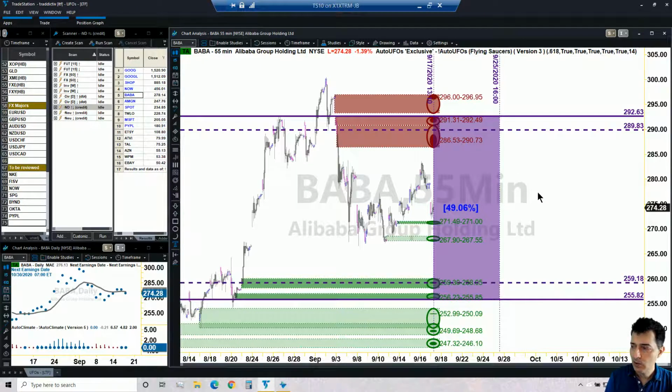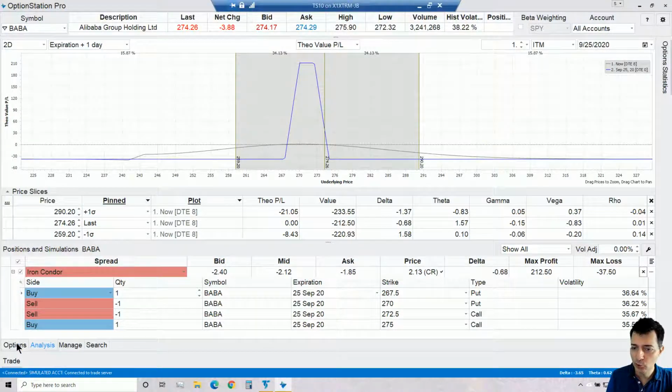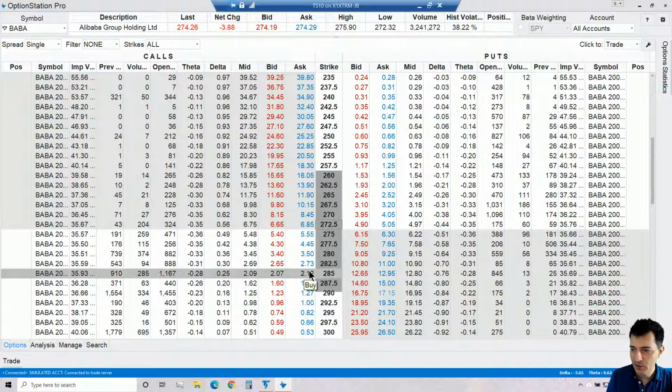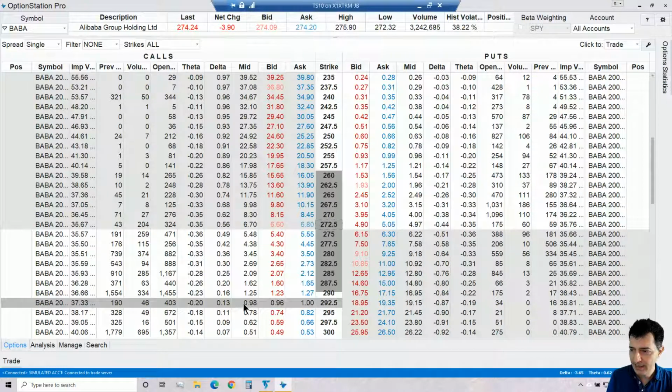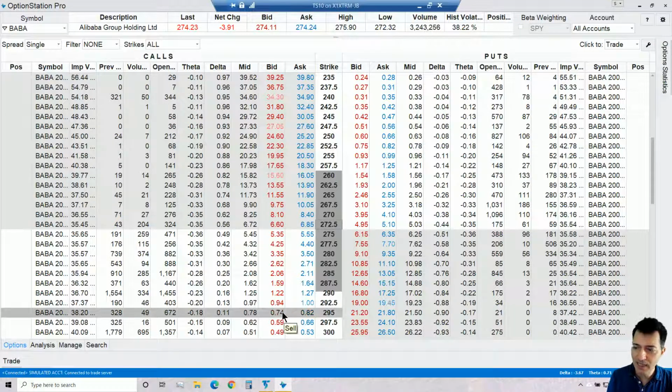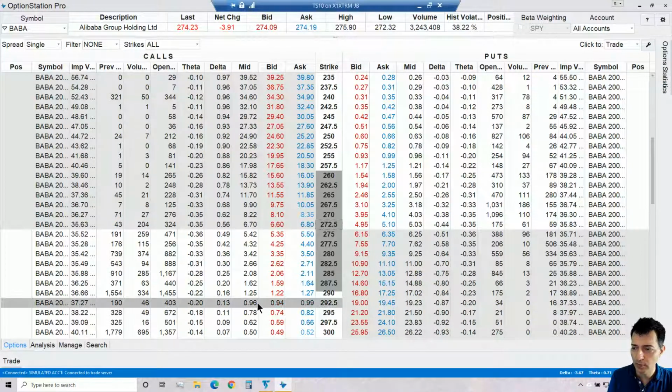Okay, so all of this is looking good for now. So let's take a look at how much we get paid if we sell the 292.5 call. Looking at the 292.5 call, I would expect it should be okay. And indeed, it looks okay. 96 cents with good liquidity, only a few cents. Also for the next strike, a bit less liquidity, but nothing too bad. So it is indeed looking good.